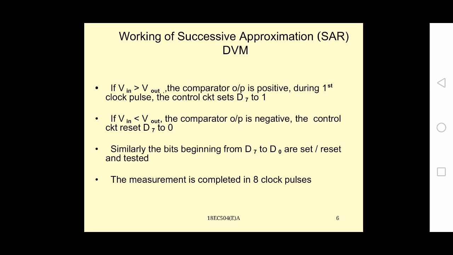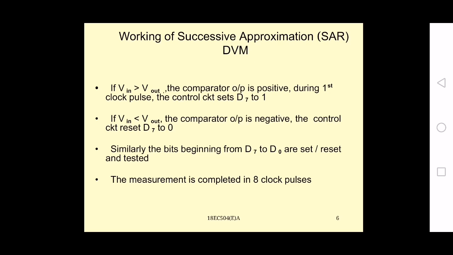Like that, during a total of 8 clock pulses it will be required. So the complete measurement will be completed in 8 clock pulses, starting from D7 to D0. Either each bit will be set or reset based on the comparison of Vin greater than Vout or Vin less than Vout. Based on that, the corresponding bit will be set or reset and the measurement successively takes place. In total, 8 bits are there, so it will take 8 clock pulses to approximate your